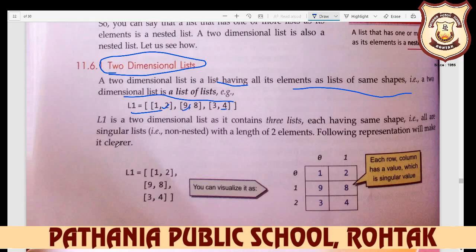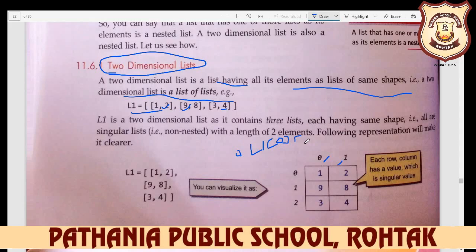So how do you enter them? Indexing is as follows: your name is L1, so you write L1, and the indexing is 0. First you write 0, and next is 1.